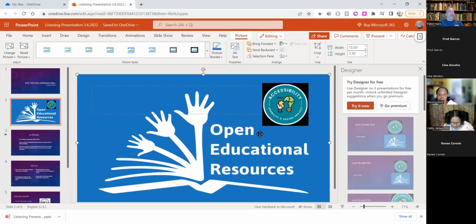So I can layer images over images. I don't have to have any text boxes or anything like that in there at all. So now if I wanted to take one of those hands out, or change the color of the hand, is there a way to use the graphics to create shapes or